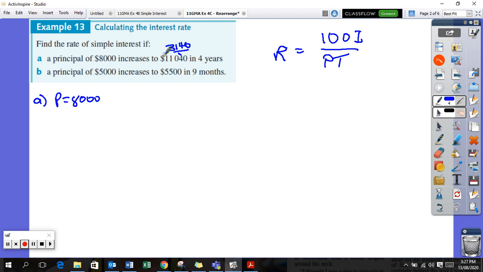$3,140. 11,040 minus 8,000. So the interest is 3,140. We want that much at the end, and we've got that much at the start, so we have to subtract them to get 3,140, and the time is 4 years. So we go, the interest rate is 100 times 3,140